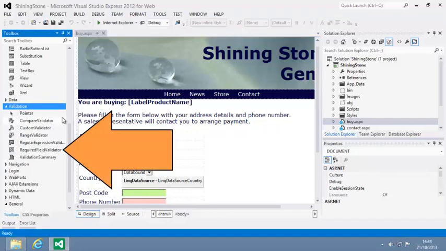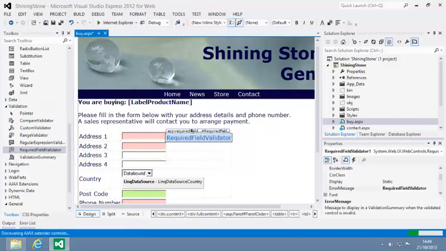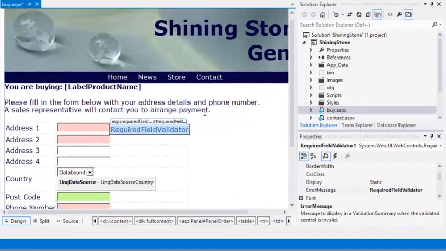Drag a RequiredFieldValidator control from the toolbox and drop it just after the Address 1 text box. A RequiredFieldValidator control simply makes sure that the user has entered something into the control that it validates. In this case, you're going to make it validate that some text has been entered into the TextBox Address 1 control. Start by setting its ID property